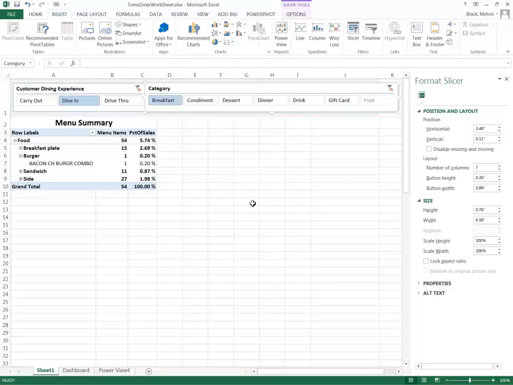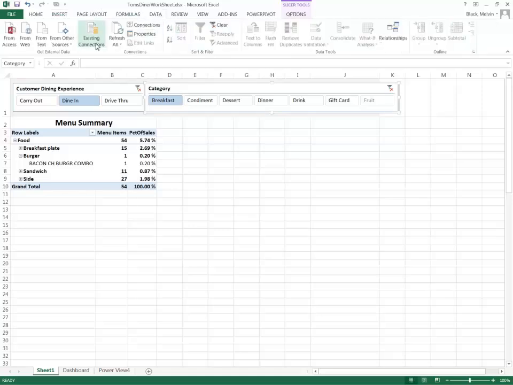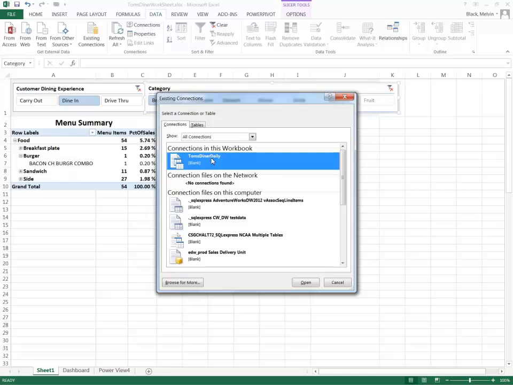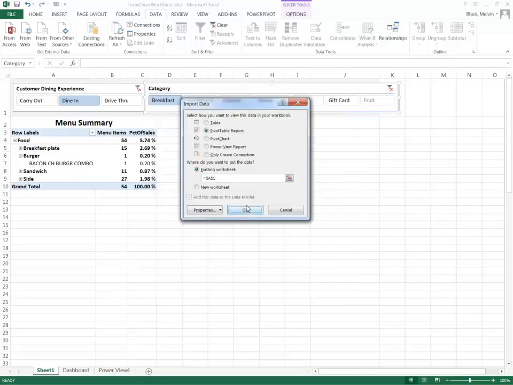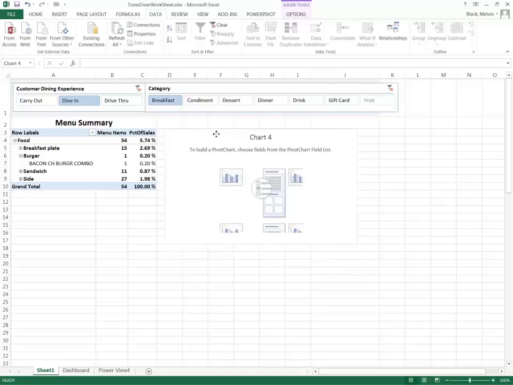So this time I would prefer using a data set that is not impacted by the existing filters. Sorry, the existing data set. So I'm going to add in another data set, the same name. This time I want to do a graphical chart, so I'm going to do a pivot chart, and I'm going to add that,